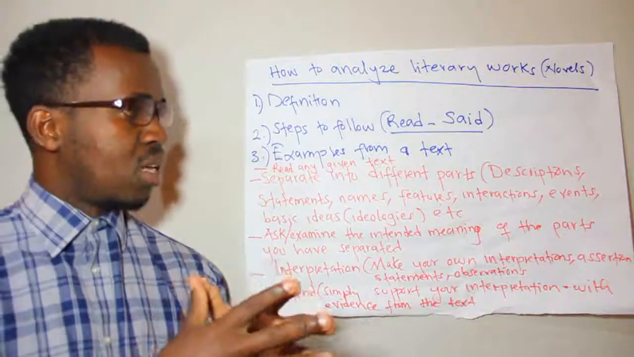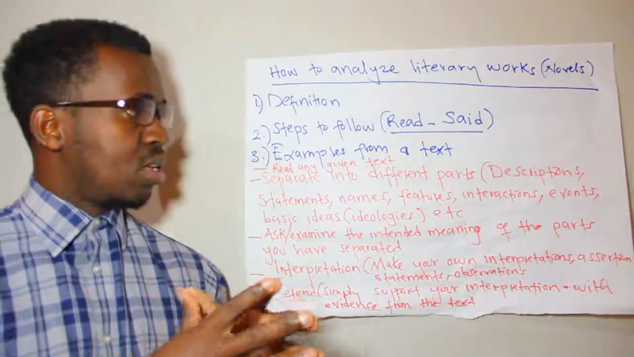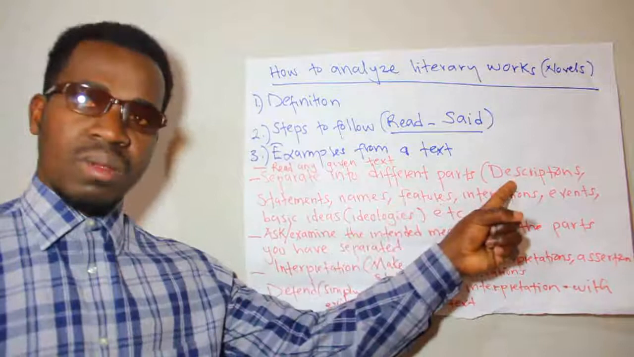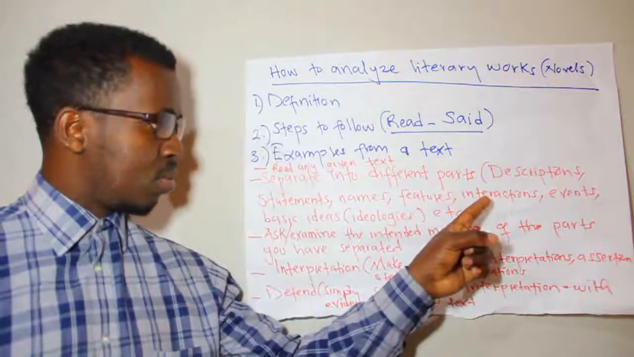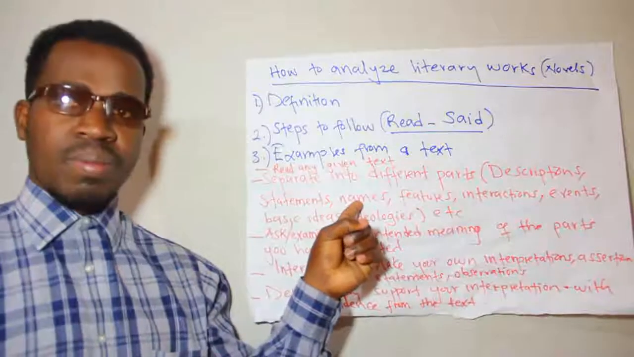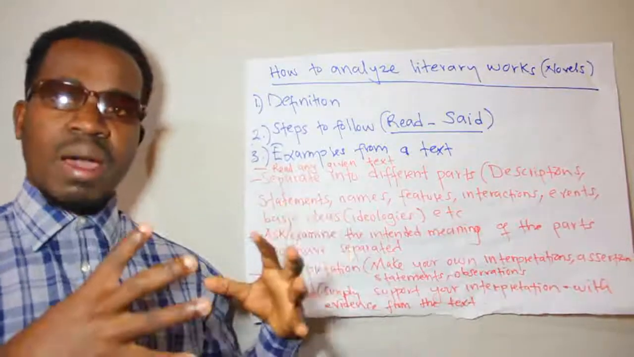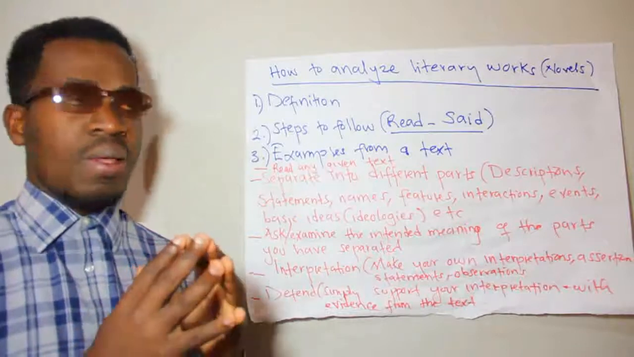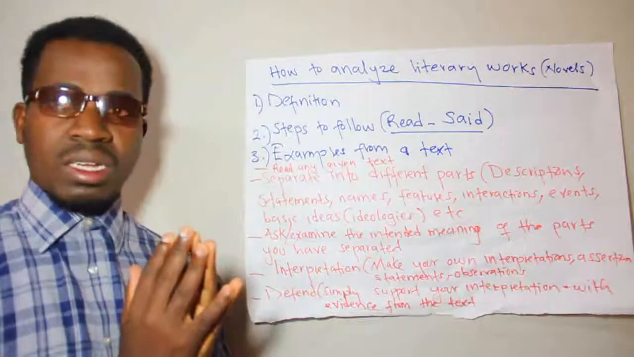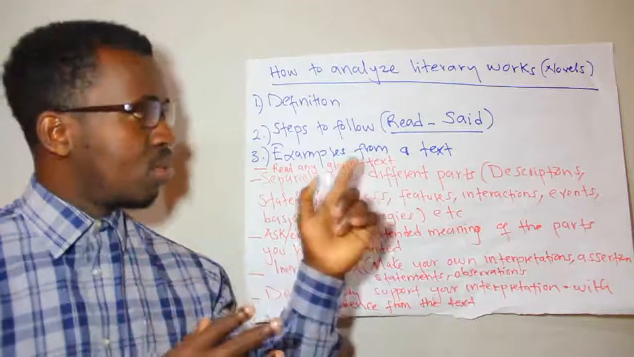So basically you will discover that it is from the descriptions, the interactions, the names, and certain statements that we have come up with these themes. That is how we analyze a text, basically using this simple strategy